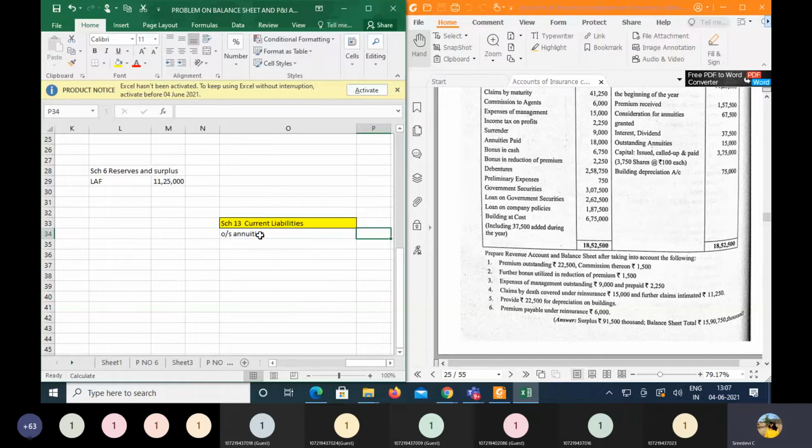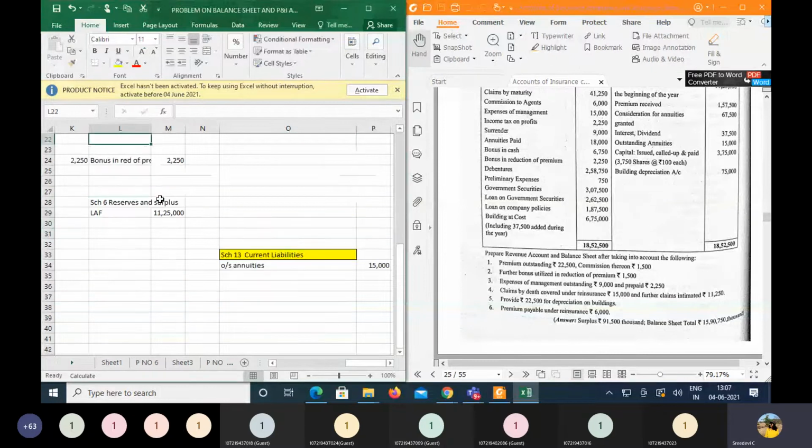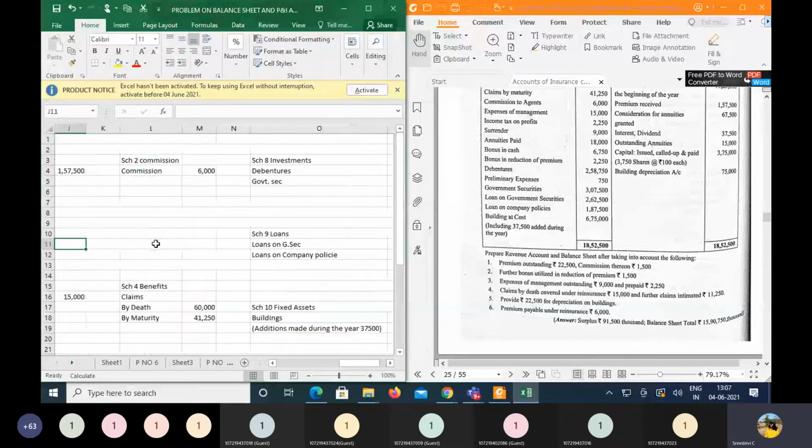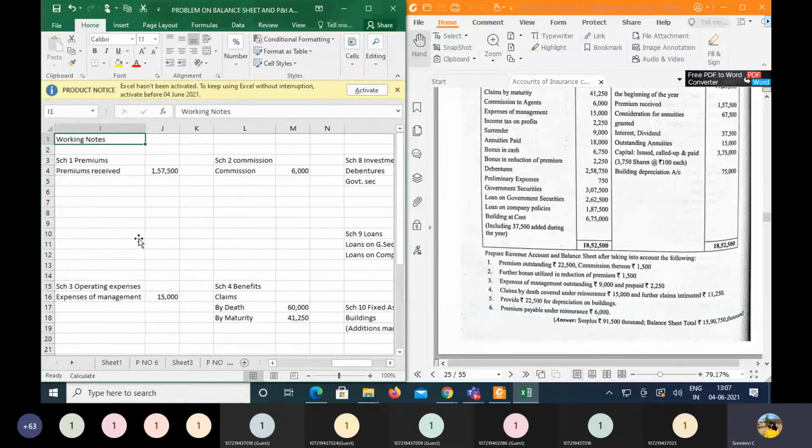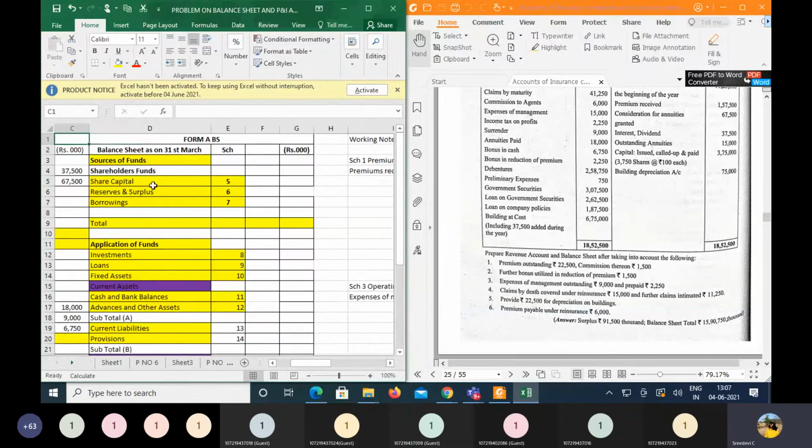The amount of the outstanding annuities is 15,000. Right? Then we have the capital. So here the capital of the company is 3,750 shares, at the rate of 100 each. So therefore the capital is 3,75,000, which can be taken directly to the balance sheet itself, because there are no calls